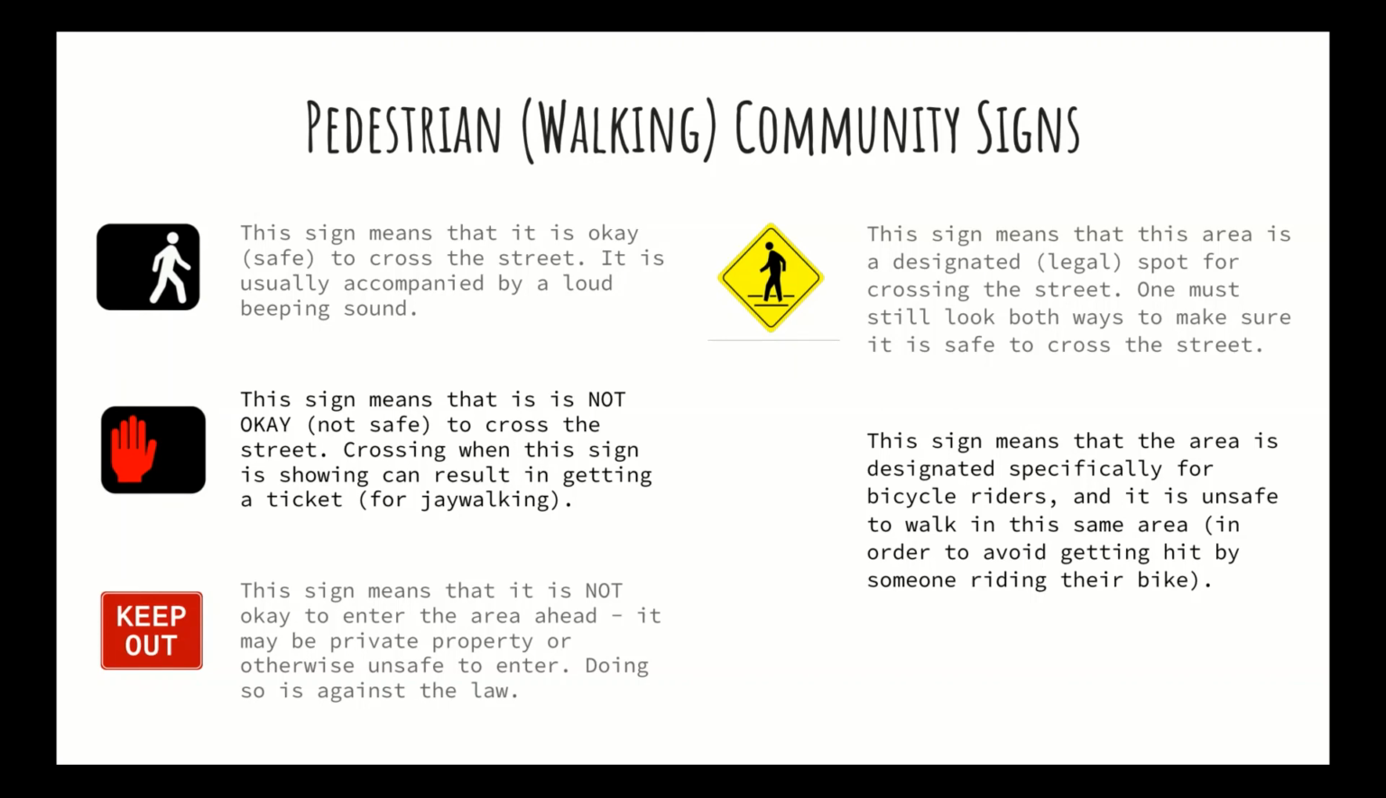The very last one is a sign that means this area is designated specifically for bicycle riders, and it's unsafe to walk in the same area in order to avoid getting hit by someone riding their bike. And it is the bike lane. Much like for driving, if we see this sign when we are walking, it means we probably shouldn't be walking in this area. Okay, even if it's empty and you don't see any cyclists,